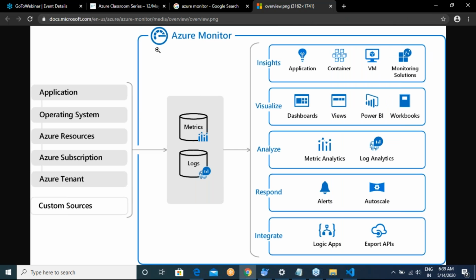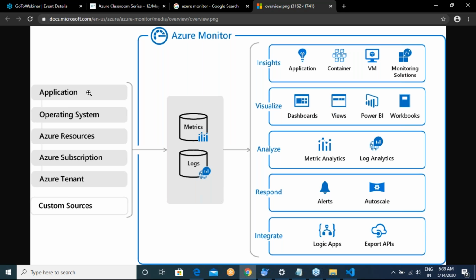This image tells the whole story. Azure Monitor is a very wide solution that gives various kinds of solutions. These are the places from where we collect the data.